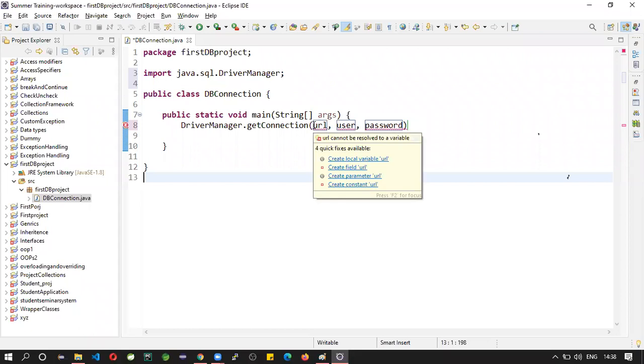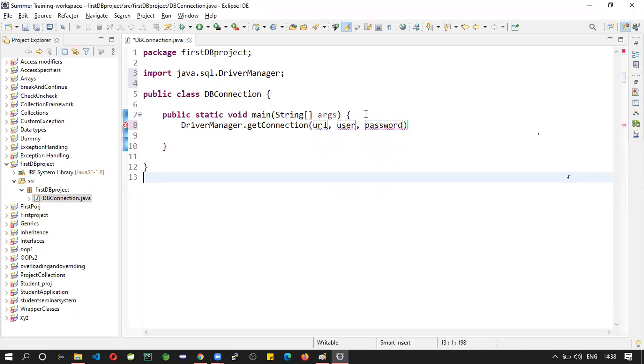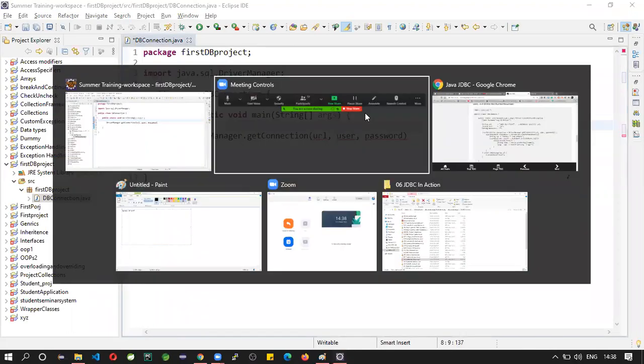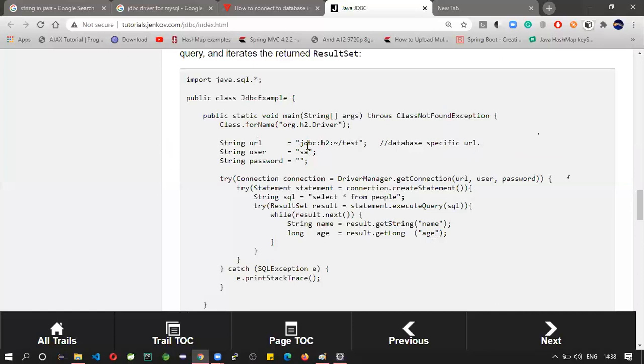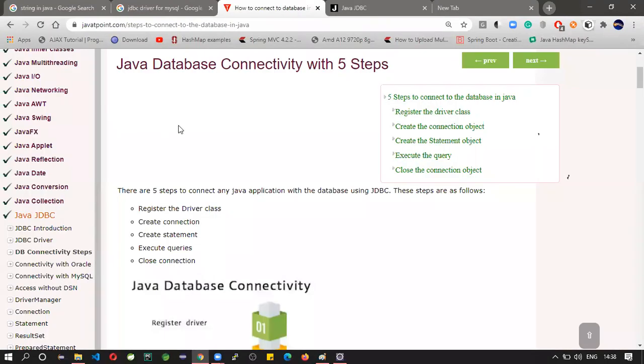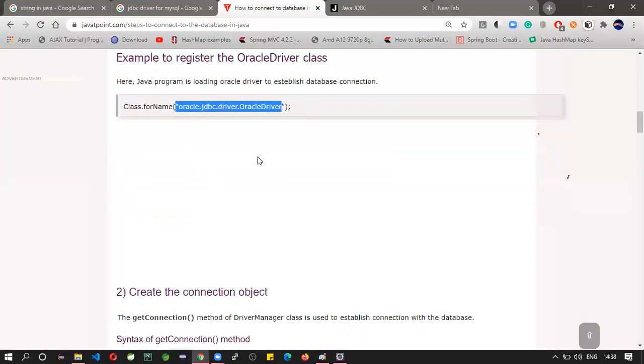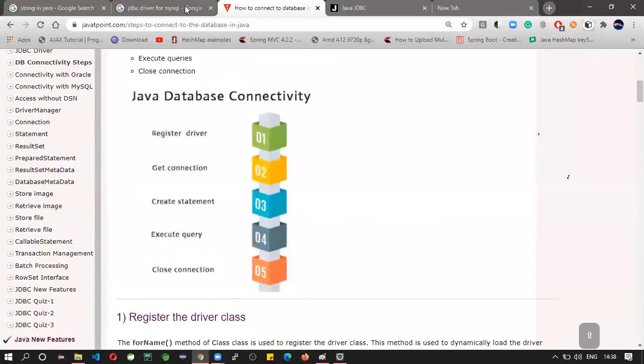See, URL stands for Uniform Resource Locator, right? How does this URL look like? This is nothing but a URL. Okay. Here also you can see, this is Oracle related.